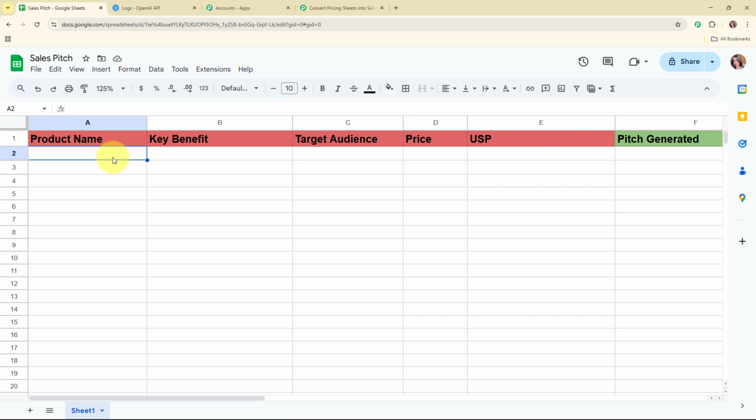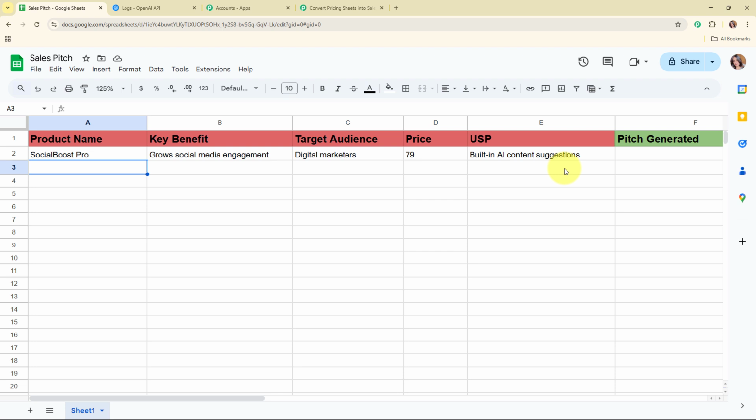So here, before moving forward with the connection, firstly I'm going to add a new detail over here in my Google Sheet. Alright, so let me add the details. Alright, so here you can see I have successfully added a new detail in my Google Sheets, and now I'm going to build the connection between my Google Sheet and Pabbly Connect.